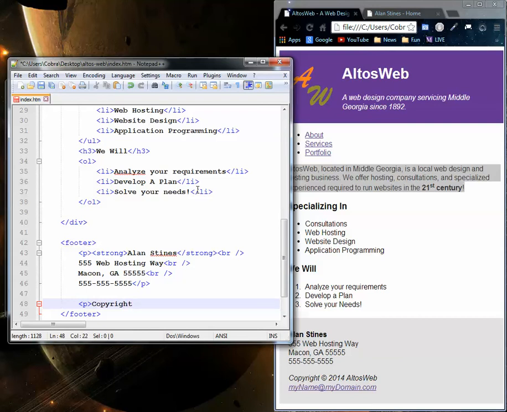This is where the HTML shortcodes come in handy, because you can use &copy; for the little copyright symbol, or you can use &amp; for the ampersand symbol as well. And it's kind of the two I use most often, but there's lots of them out there. And by Altos Web, put the break tag, and I kind of put that in italics. So,